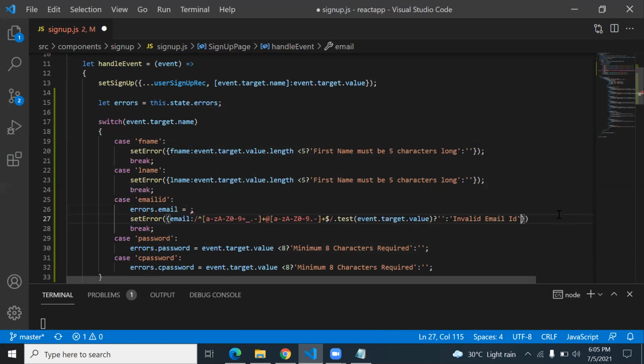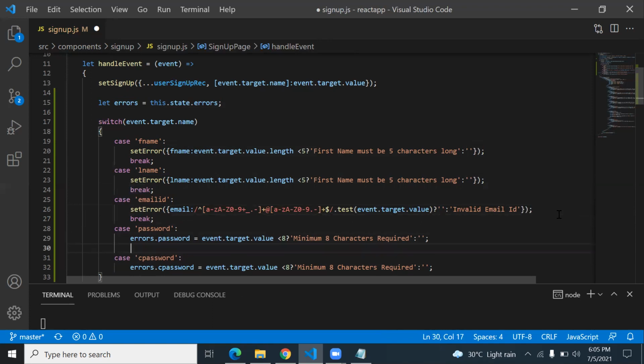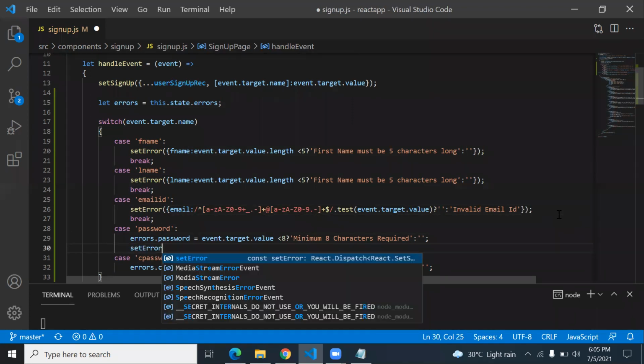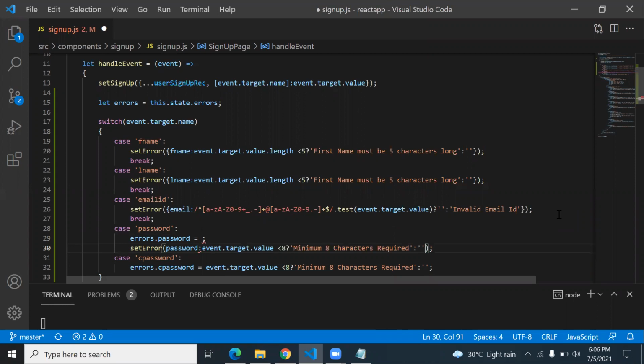If I handle these equations in only one step, then maybe you get confused. That's why I'm typing setError separately. I type password colon this equation, and confirm password.